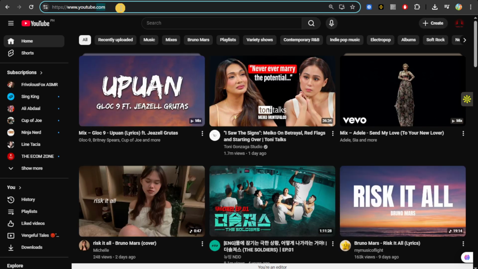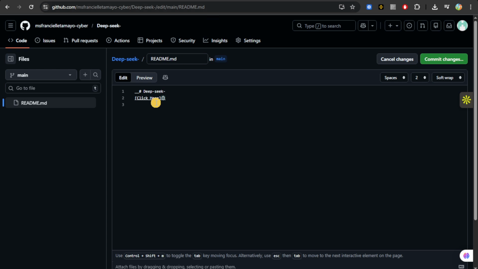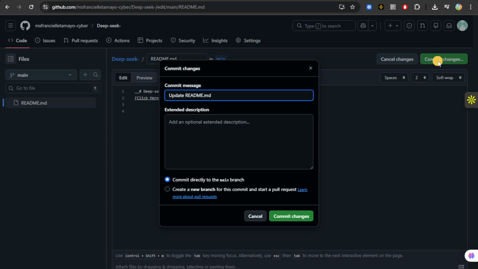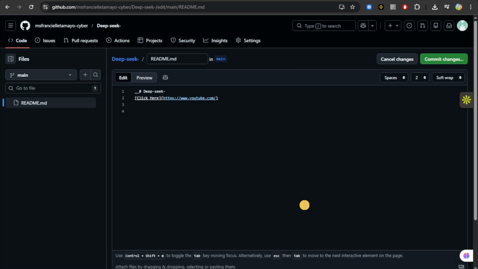So for example, we're going to enter the link of YouTube. I'm just going to hit copy for this one, and then we are going to go back to GitHub. I'm going to paste it right there, and then we're going to hit enter. Now from here, we're going to click on commit changes. From there, we are going to just click on commit changes right here